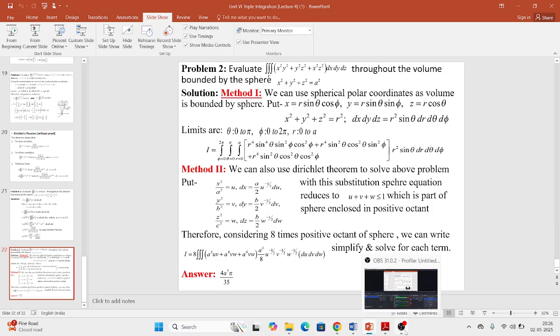So if I am going to revise it, triple integration problems are comparatively very easy than double integration. Without limit, there are limited shapes, either tetrahedron or spherical shape or ellipsoid, and you always have an option. If it is a spherical shape, tetrahedron, or ellipsoid, you have the option of the Dirichlet theorem. So first think about the Dirichlet theorem. You should always think of the Dirichlet theorem option first. Okay.